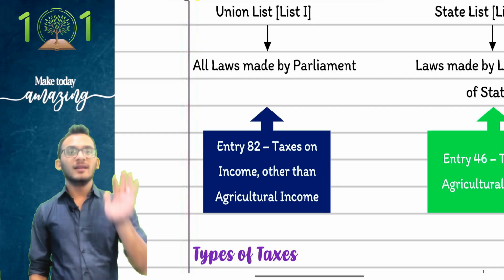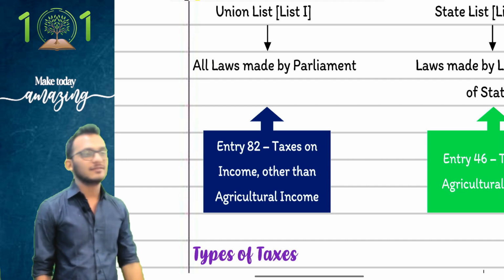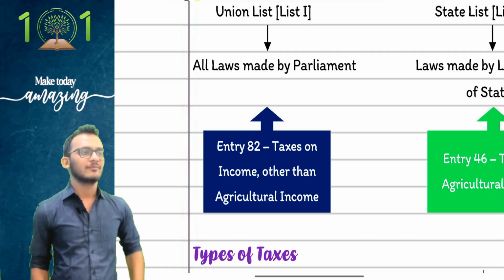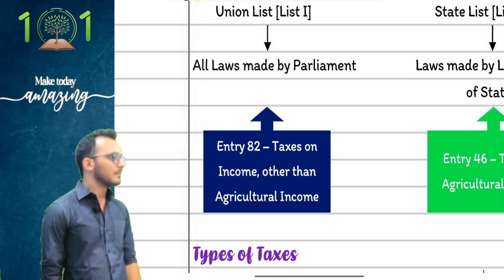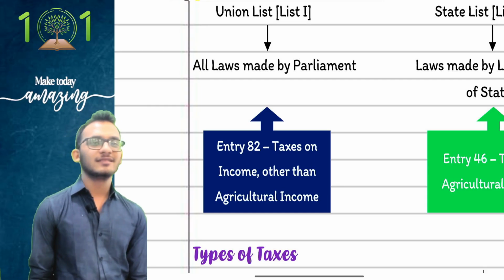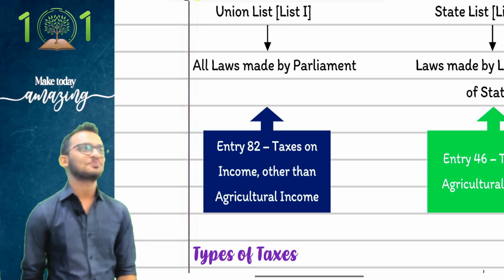Great. Now you have understood tax can be levied under the central list, but I have still not discussed what kind of taxes. We have two kinds of taxes in India: one is direct tax, one is indirect tax. Income tax sits in direct tax, GST sits in indirect tax, and any kind of gift tax sits in